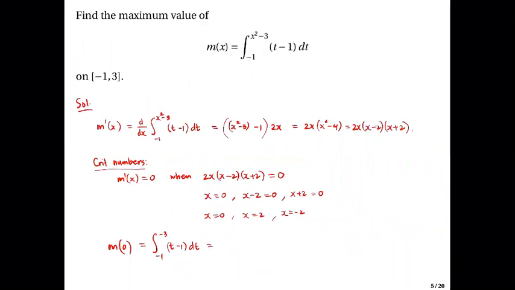If we integrate this, we have t squared over 2 minus t evaluated from negative 1 up to negative 3. So this is equal to negative 3 squared over 2 minus negative 3, minus negative 1 squared over 2 minus negative 1. Simplifying, we have 9 halves plus 3